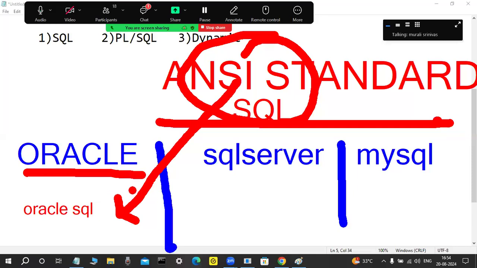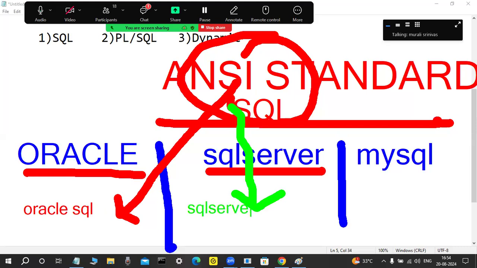Observe it here. Again, those who are working with SQL Server are not using Oracle SQL, some other SQL. What is that? Observe here. From this ANSI standard SQL language, the Microsoft company created their own SQL language, that is called SQL Server SQL. Again, MySQL programmers are using what? Yes, from this ANSI standard SQL, they are creating a